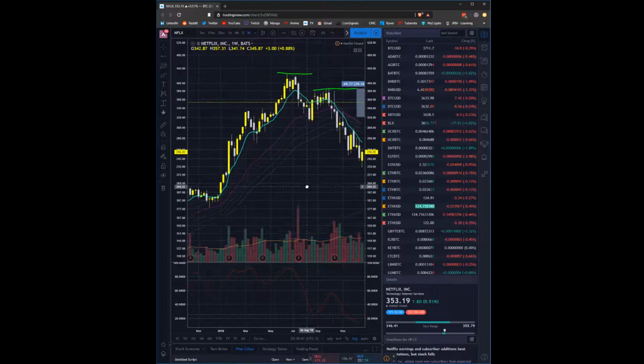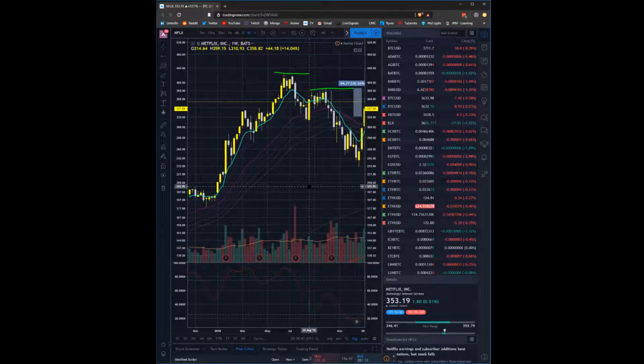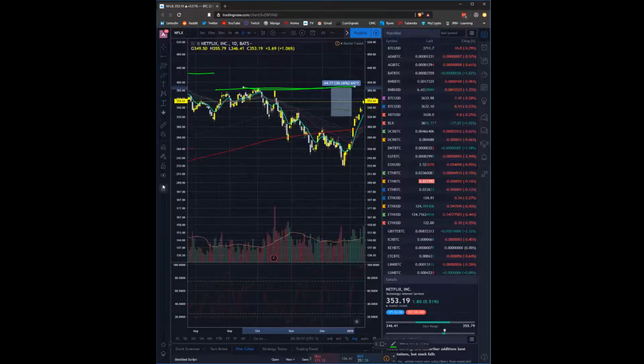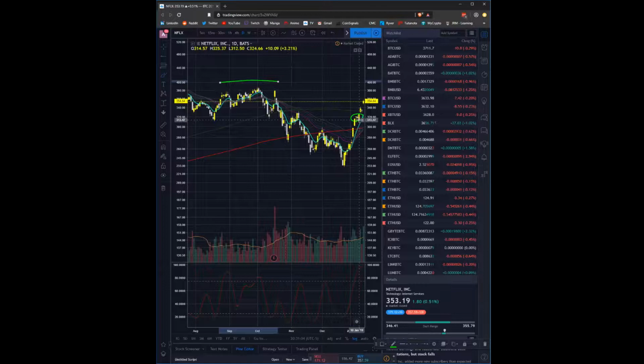Right? So it's possible we get a full cycle up into this level to make a lower high. And it's also possible that this is just a long-term higher low and that we're going to make higher highs. So not only am I going to start my short here with a stop above here, but I'm also going to take some small long plays on my lower time frames to make profits on the way to here.